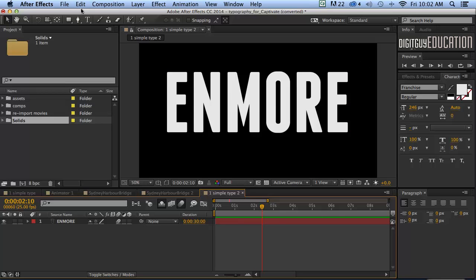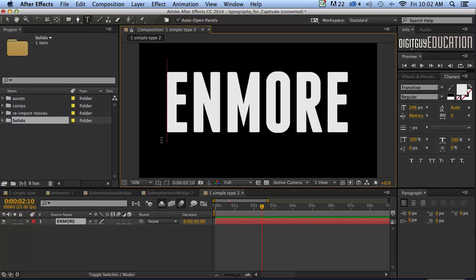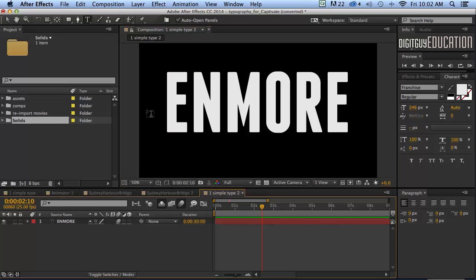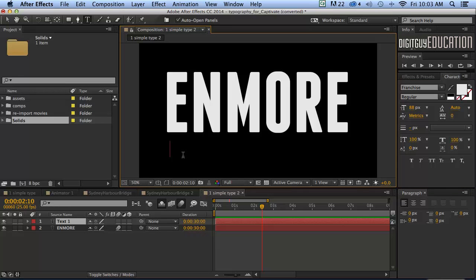To do that, I'm going to click on the type tool like this, and the minute I click on the stage, actually I had that layer selected, so that's no good. So I'll go back to the type tool again, and I'm going to drop the size down before I even start. Drop it down to about 87 like that, and then click. And the minute I click on it, you'll notice I get another layer, and I'm going to type in caps,